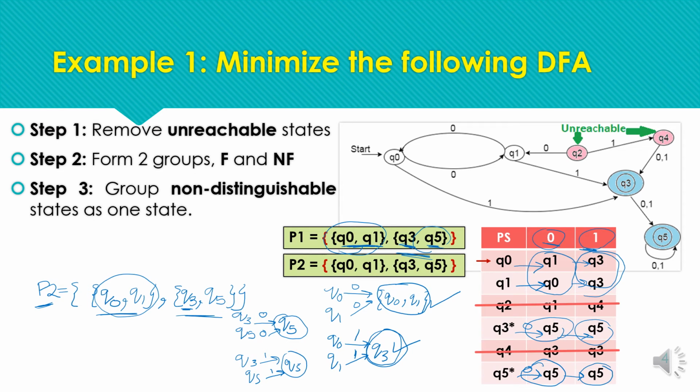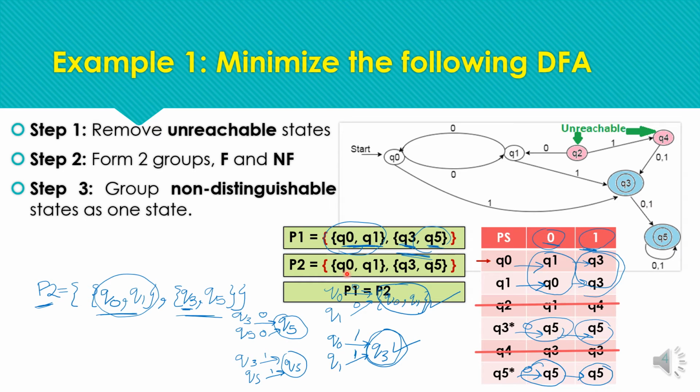We can write it like this, and next we have to repeat this process until we find the last two partitions to be the same. You can find partition 3 by repeating the same process, and you will get the same partition as partition 3. So partition 3 will be the same, or we can also declare that partition 1 and 2 are similar. So we can declare that the final grouping will comprise two groups only.